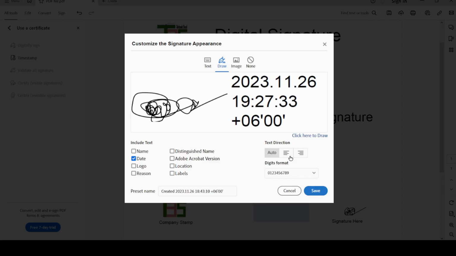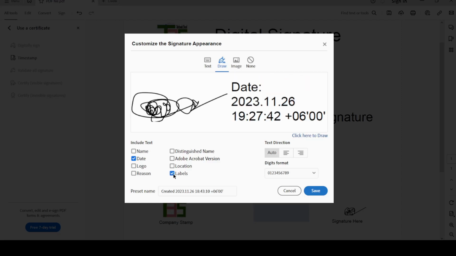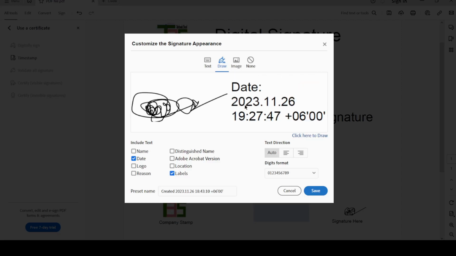So I will put English sign. If you want to add a location, it will give a location. If you want to give another label, it will give the label. Let me keep the label as it is, as it looks nice. Otherwise, if you do not want it, you can upload your signature through an image. I don't want that, I want to draw on my computer. Okay, if I save it,